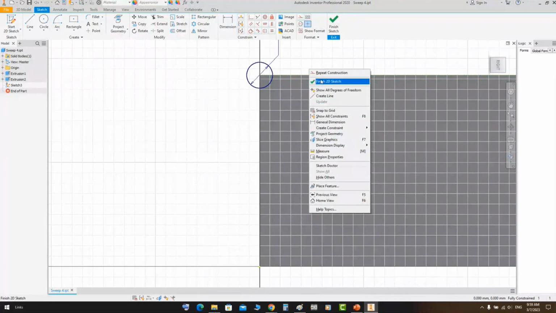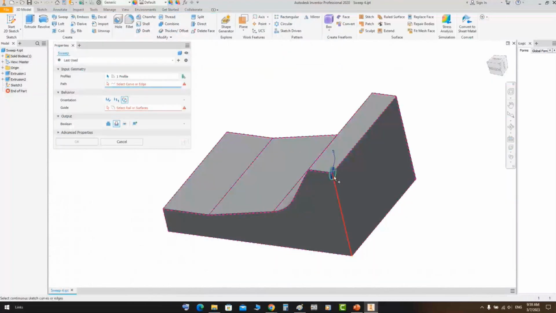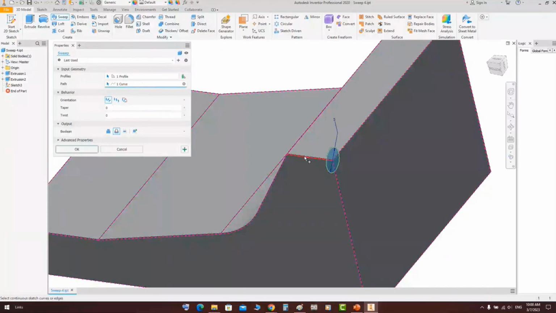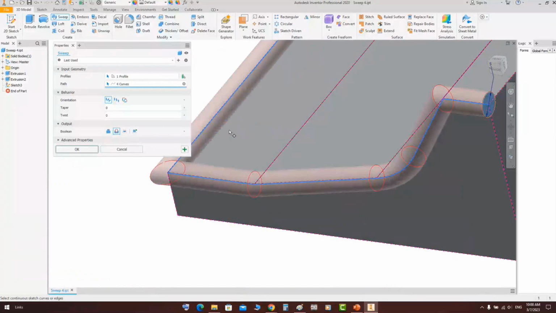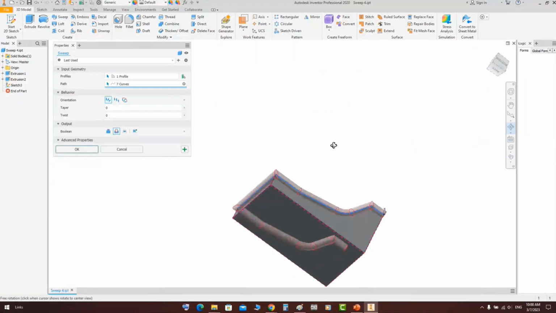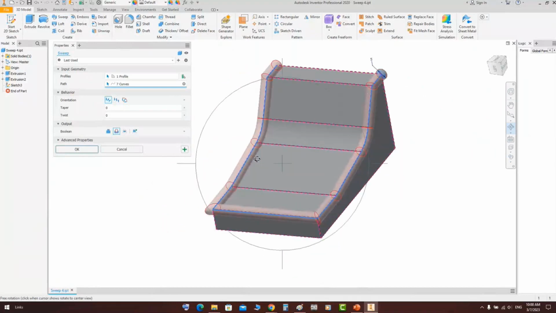Now, if you would like to make a sweep and you don't have a path, you can select edges instead of a path. So from here you can select the path like that. You can select this edge, that edge. So you can select edges instead of selecting a sketch. Okay, so you can make it like that